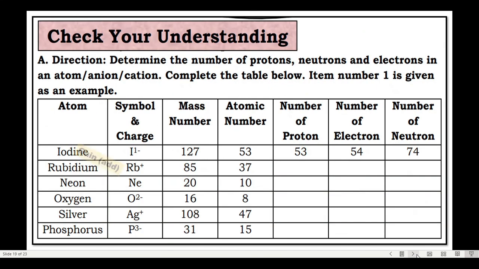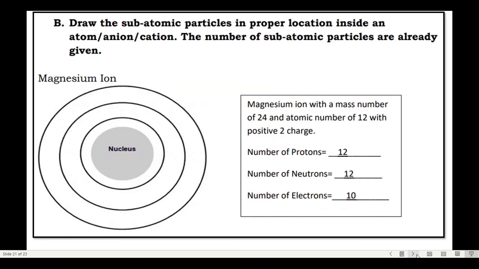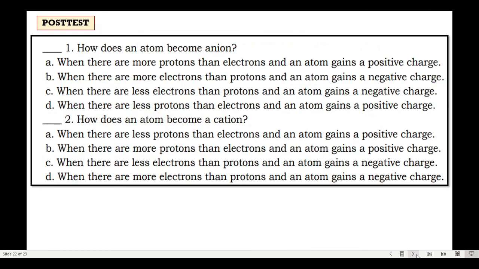But as long as the numbers are correct: 12 protons, 12 neutrons, and 10 electrons. Okay? I made a sample, I even erased it. Of course, it should be 12 protons and 12 neutrons, then 10 electrons. I just made a sample. So, we're done. Let's move to